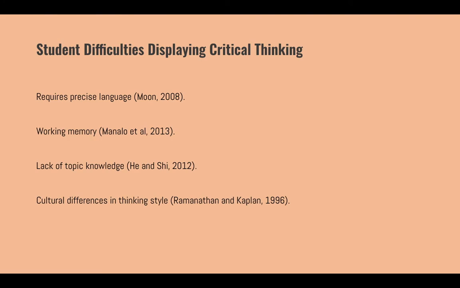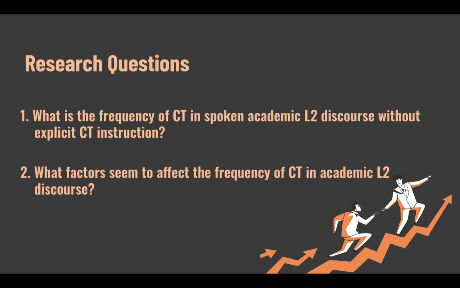Now, let's get on to the research questions. Travis is going to take over now. In conducting our study, we focused the research on 2 questions. Our aim was to observe critical thinking in spoken discourse, and to examine factors which might affect the use of critical thinking in an academic setting. Our research is exploratory, since no critical thinking treatment was implemented during the study. Next, I'm going to talk about our research setting.